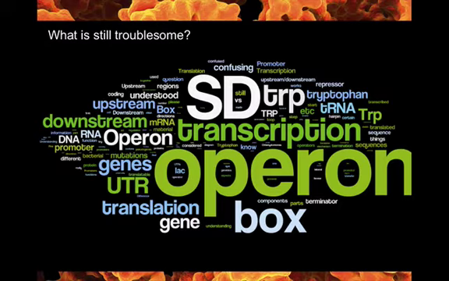So SD boxes, operons, UTRs, downstream and upstream. I've tuned this class a little bit, as much as I can, to these things. We're going to talk a lot about operons. And the SD box, I'll try to figure out how to address that particular issue. But again, you need to also help yourself. Talk to your friends. Come to office hours. Go to the mentor workshop this week, Thursdays, I believe. Get out there. Don't let this stuff slide. I have a clicker question coming. Count 2 poll coming. Get ready. But before we do that,